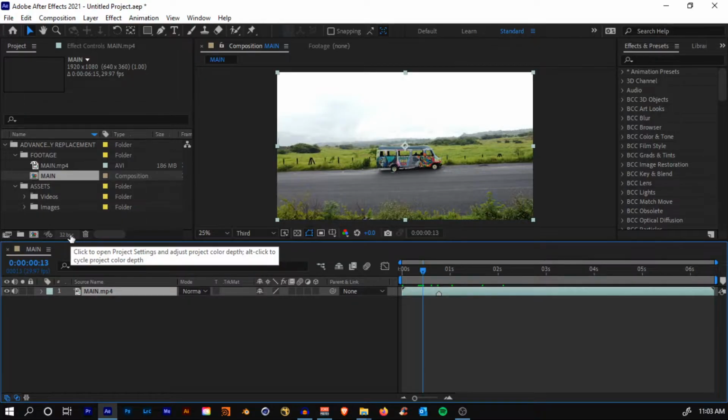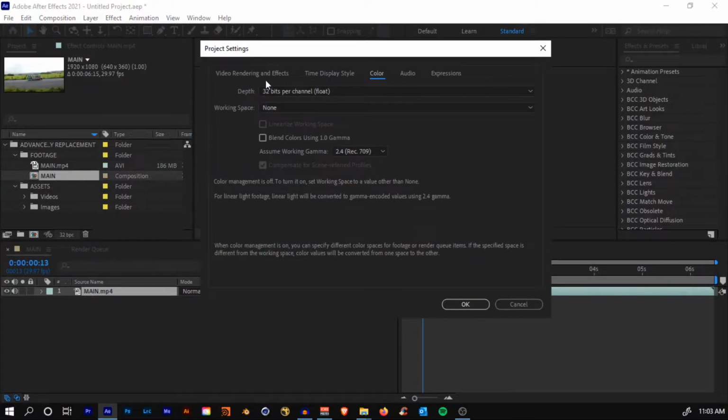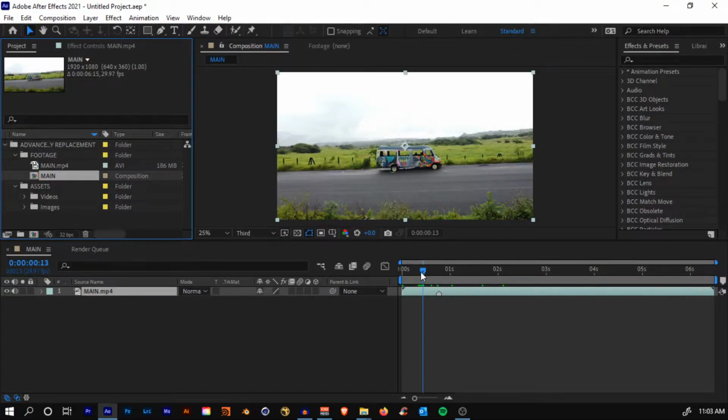The glow and effects will pop more than when you work in 8 or 16 bits per channel. If you just click on it, you'll see this window pop up. From here, just select 32 bits per channel, and click OK.